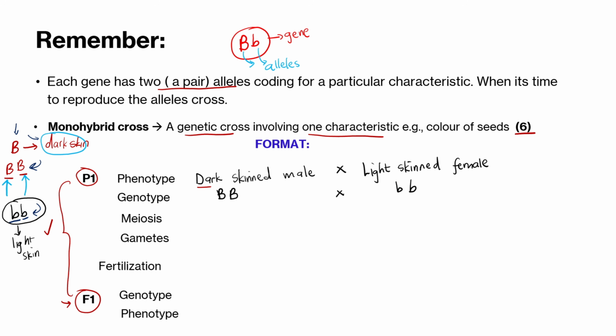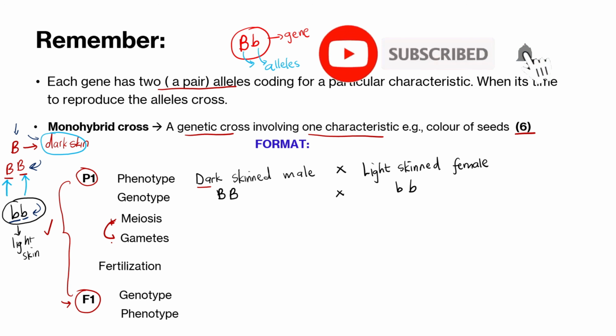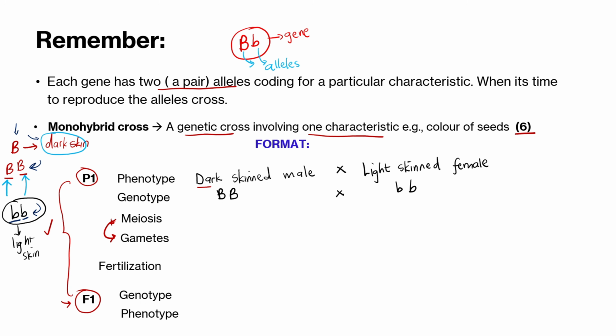So now what will happen? Meiosis will be the process that will happen. Remember that this genotype is found in my somatic cells. During meiosis, the body cells undergo cell division, and this will produce gametes at the end. That's why when we move from meiosis, we go straight to the gametes. During meiosis the chromosomes separate, and these alleles are actually found on chromosomes. That's why I say, please watch my first video so that you get full understanding. These alleles are on top of chromosomes, so when chromosomes separate, it also means that these alleles are going to separate during meiosis.